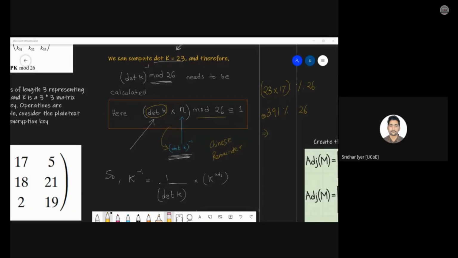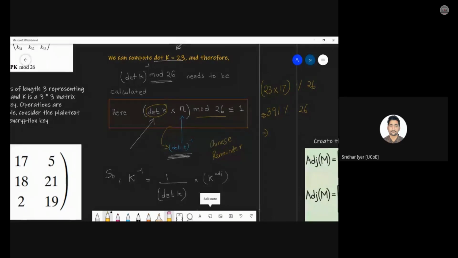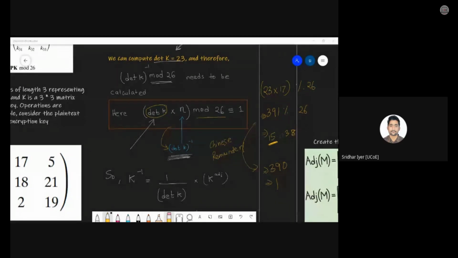So what you need to do is consider the part before the decimal point. I'm getting something like 15.038. So you have to consider this part, multiply this 15 with 26. You will get the answer as 390. What you need to do is simply subtract this from 391. If it is 1, then your mod is 1. I hope you know this, right? Is it clear?